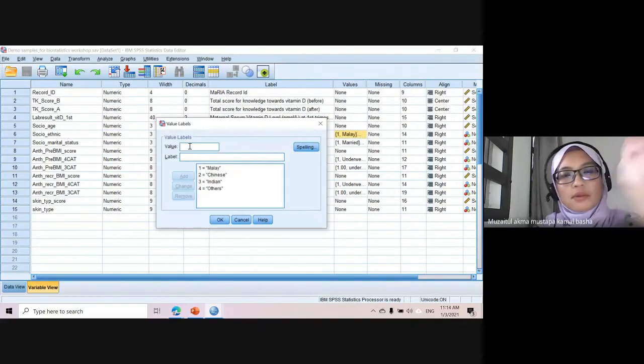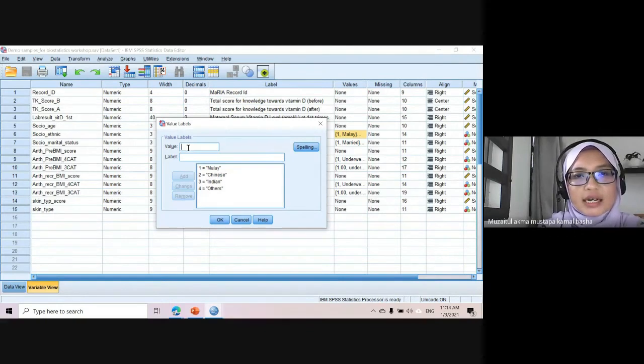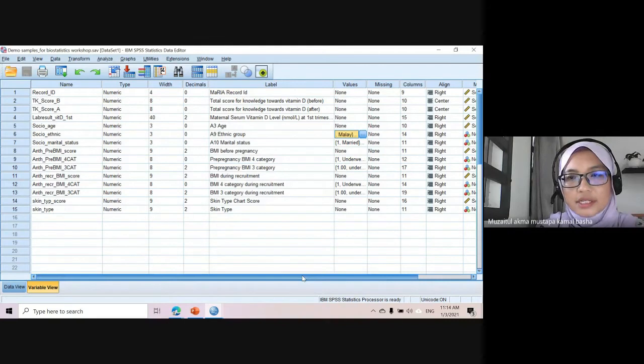For example, you have Malay, Chinese, Indian, and others categories. So you code by number to represent your label. And then if you have missing data,